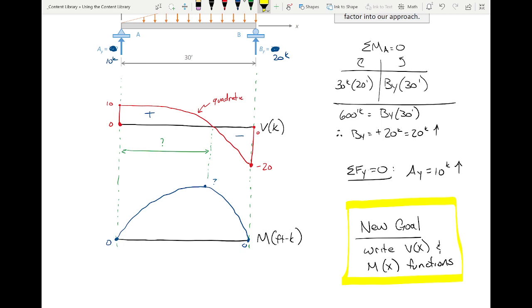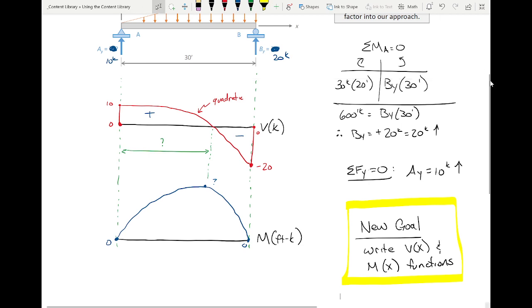Let the math do it for us. Let it do the heavy lifting. Now, I'm going to give you two approaches to do this problem and show you how they both work. Okay? Now, one of the things that I have kind of